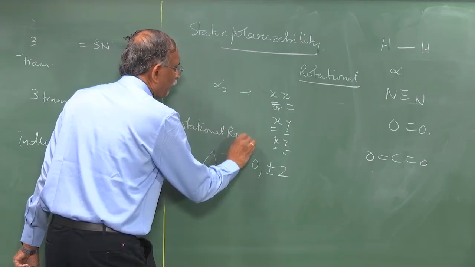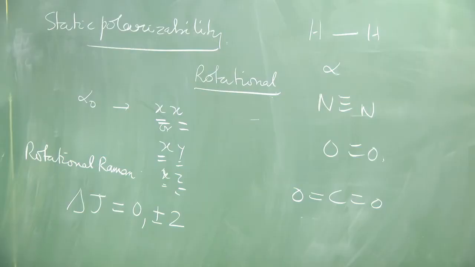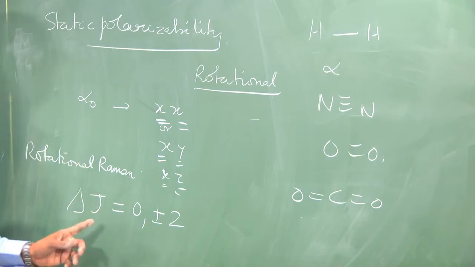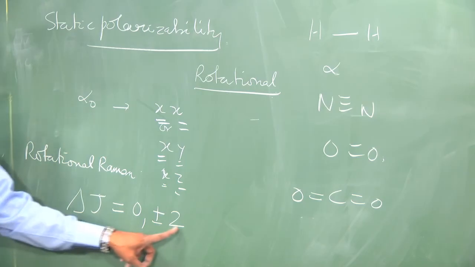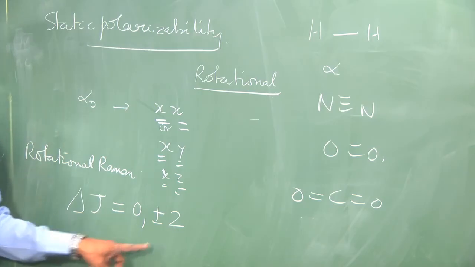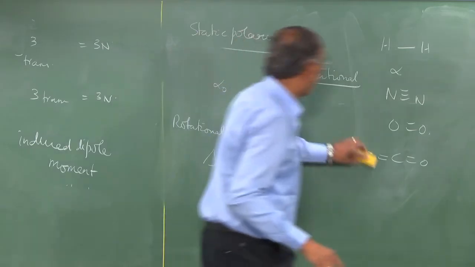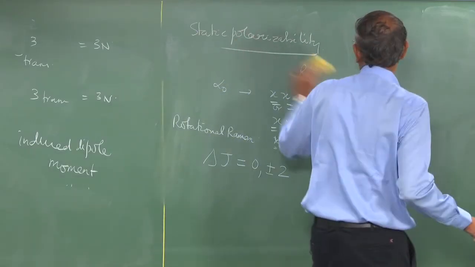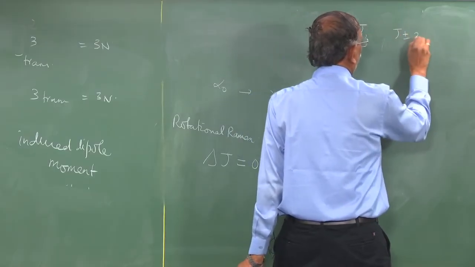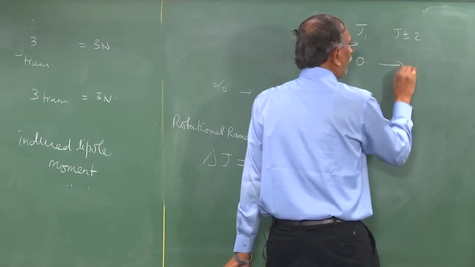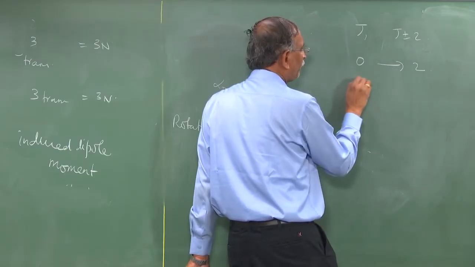In the case of microwave spectroscopy, we were only looking at the dipole moment of the molecule. Here, the induced dipole moment is proportional to the polarizability. It is the polarizability which is responsible for the rotational lines, and that being a second rank tensor leads to a selection rule of plus minus 2, and therefore rotational Raman lines are always seen between J and J plus or minus 2. So if you start from 0, the first line is 2, and you remember